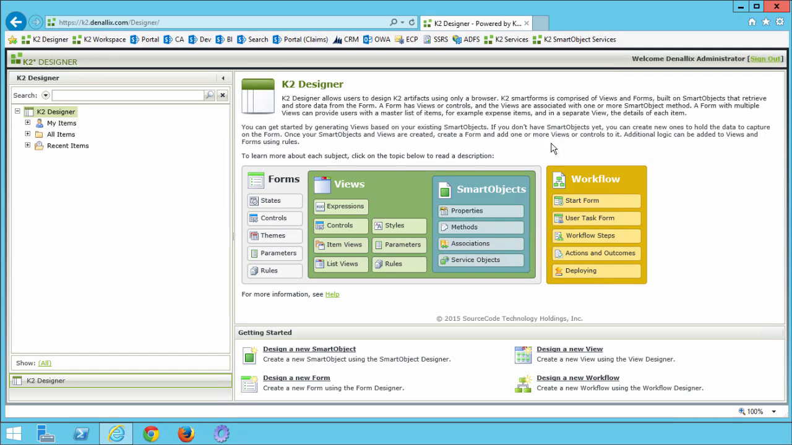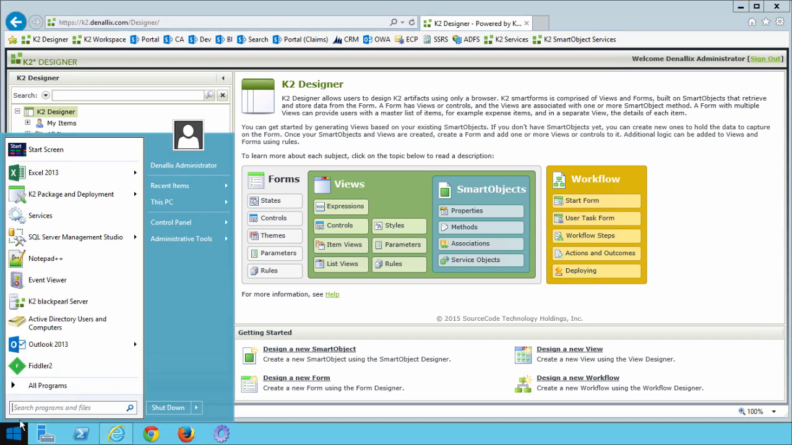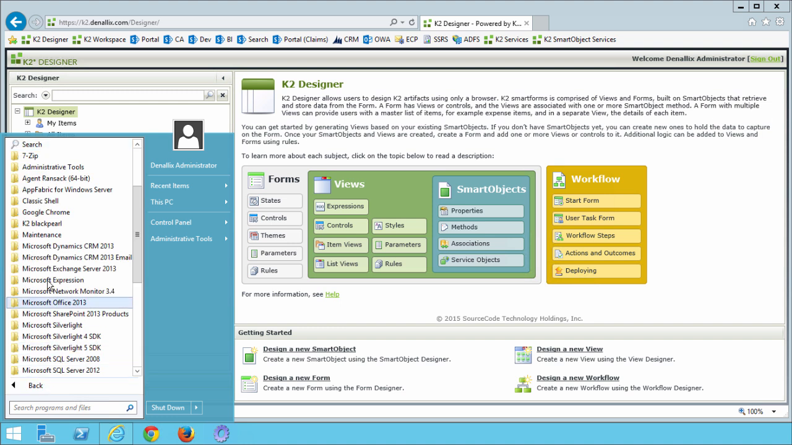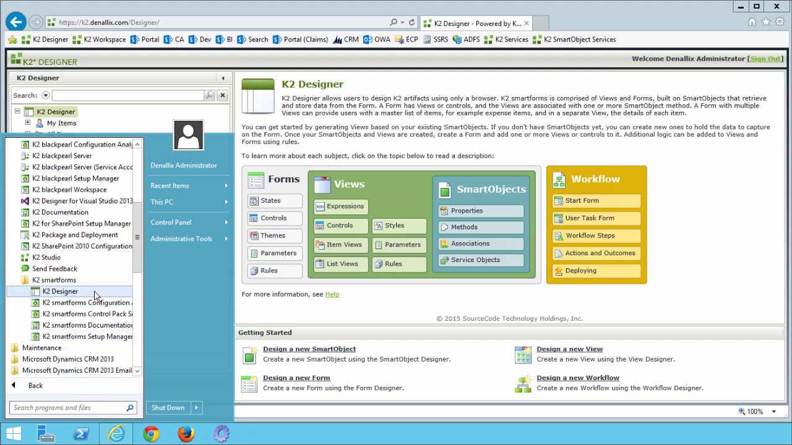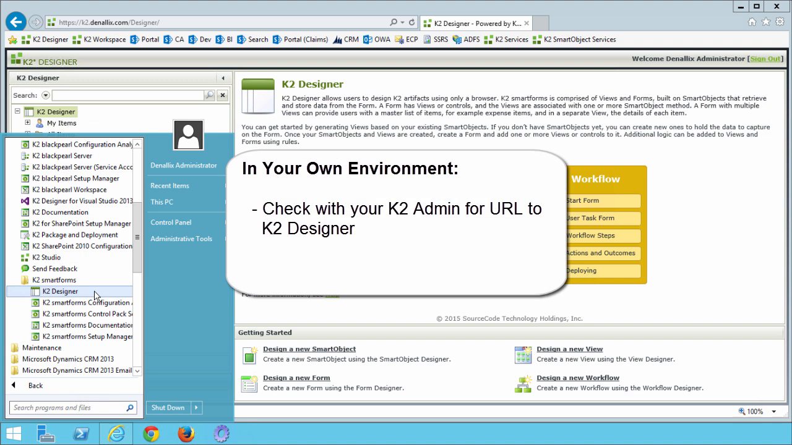Let's confirm that the forms and smart object have been deployed. Launch K2 Designer by going to your Start button, go into All Programs, K2 Black Pearl, open up K2 Smart Forms, and select K2 Designer. Now, if the shortcut is not on your desktop or if you are not using a K2 provided virtual machine for this tutorial, you may need to check with your administrator to find out what the web address is for